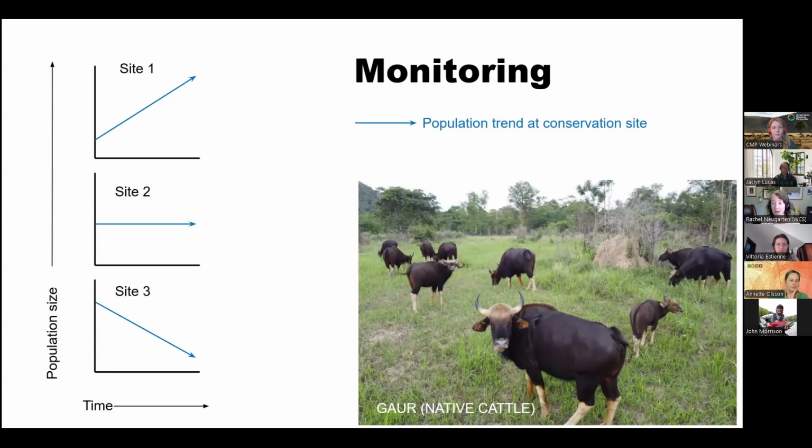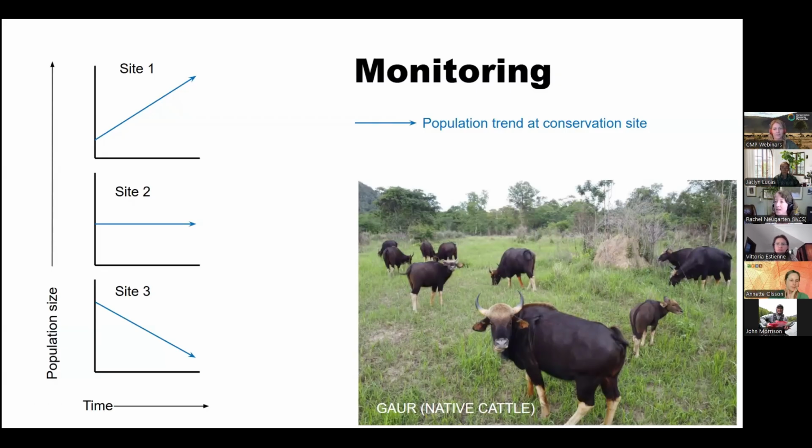So in January, I got to visit Thailand. This is a place where WCS has conservation sites on the ground. This is a made up example, but you could think about it as places where we're seeking to conserve wildlife. Let's say we had monitoring data that was tracking the population size, in this case of a native cattle species called gaur, over time. And let's say we're working at 3 different sites. So at the first site, the population size is doing what? Somebody pop in the chat. Over time. It's a really easy one.